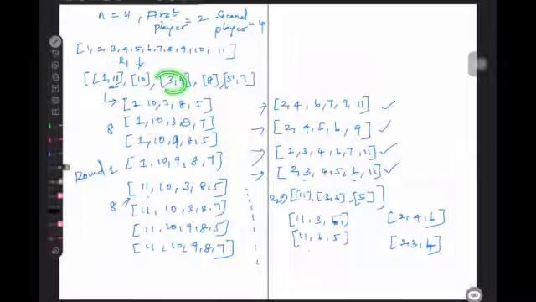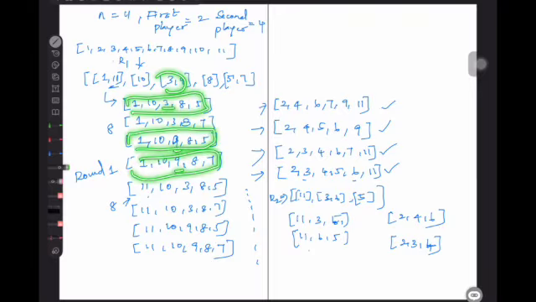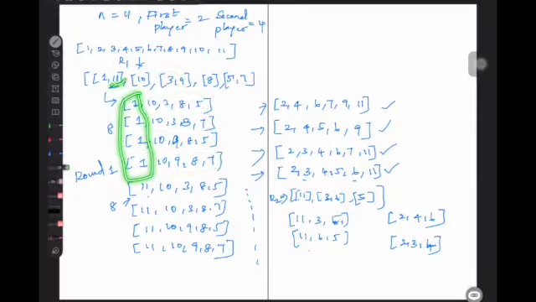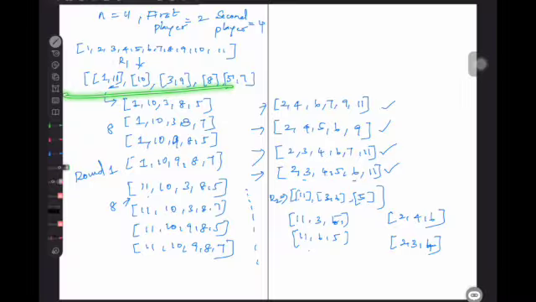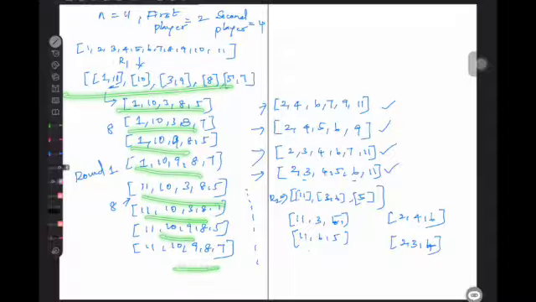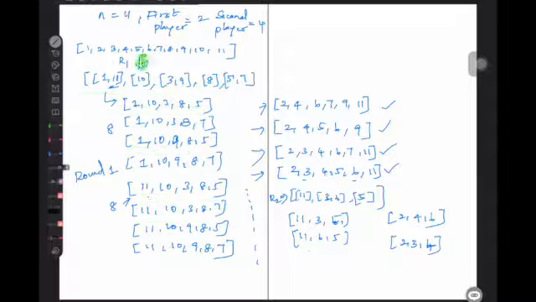The same for instead of 3, the 9 could have been eliminated, the same scenario where we have replaced it with 9. So now we have 4. Instead of 1, we might have eliminated 11. So we have generated the 8 possibilities of elimination that could have happened at round 1.